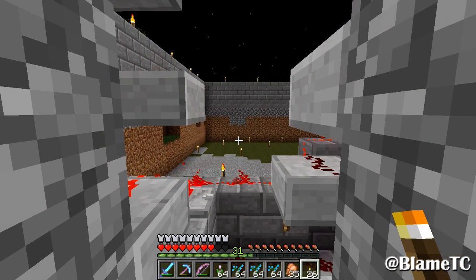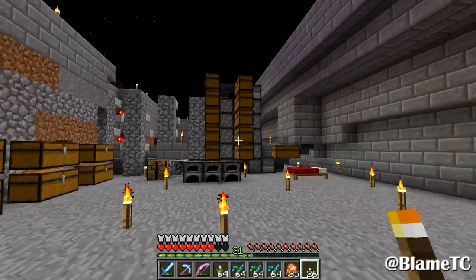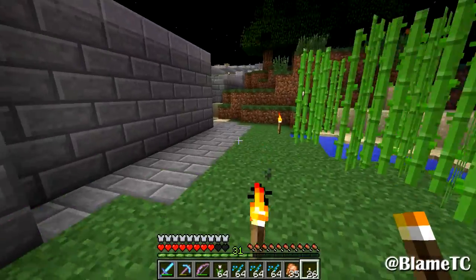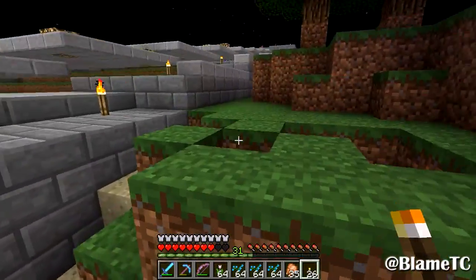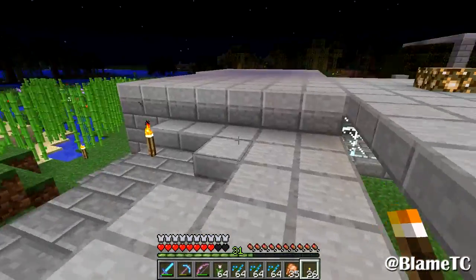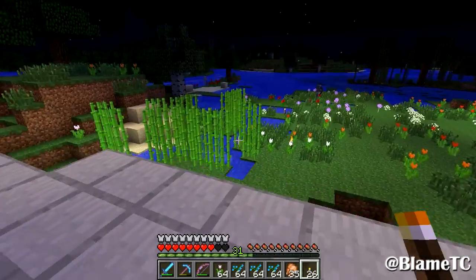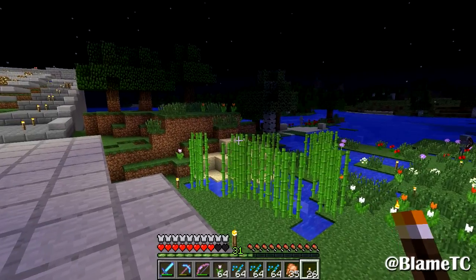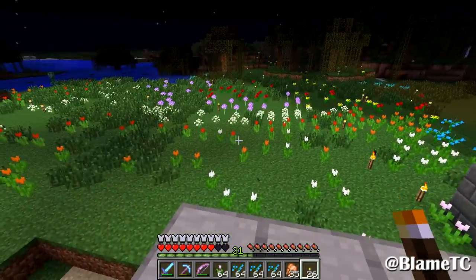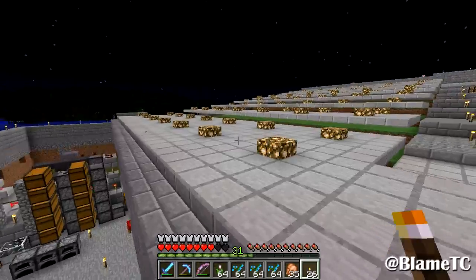I think eventually I'm going to come back to this place, probably when we move over to the new snapshot, because what I would like to do is put half slabs over all of this. I want to cover the entire thing in half slabs so no mobs can spawn here. And I'm probably going to use water buckets and put water everywhere, cover this entire area so that no mobs can spawn whatsoever. And the reason for that is because over yonder